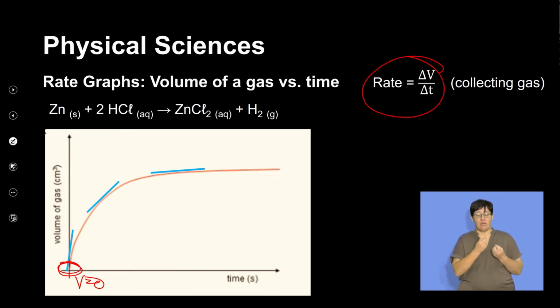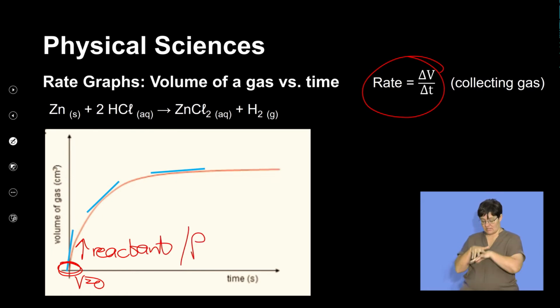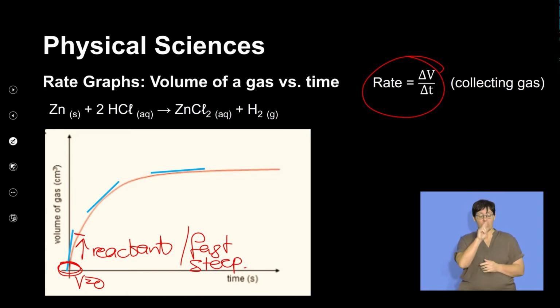At the beginning we've got lots of reactants, so we know that it is a fast reaction. We know that it is a steeper gradient. So if we go look at our final volume versus our initial volume, we have a bigger volume minus a smaller volume, ending in a gradient that we can plot as well. When we go look at the plotting of this gradient, where we have a change in volume, we still sit with a bigger number, a little bit smaller number, and a number that actually is now equal to 0,